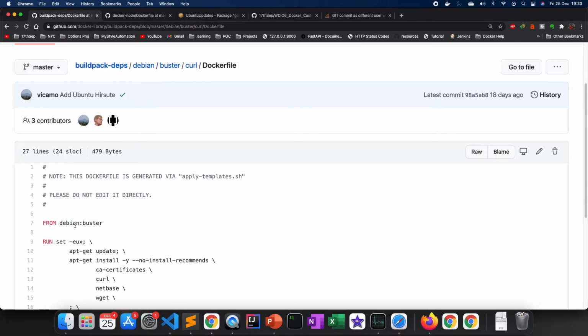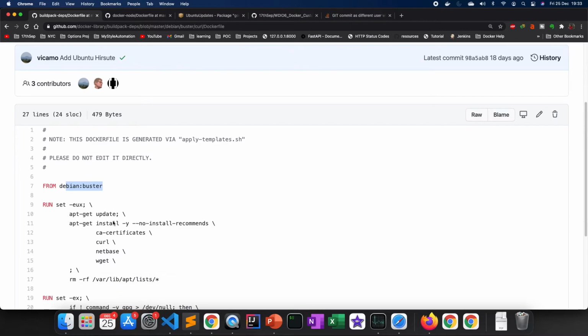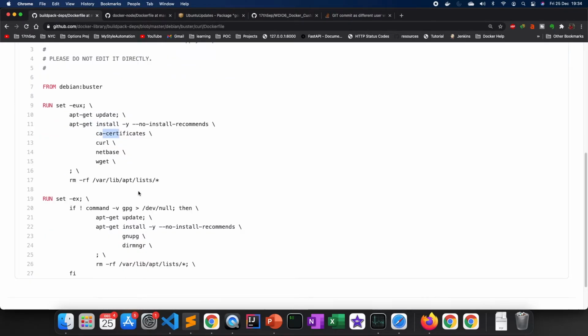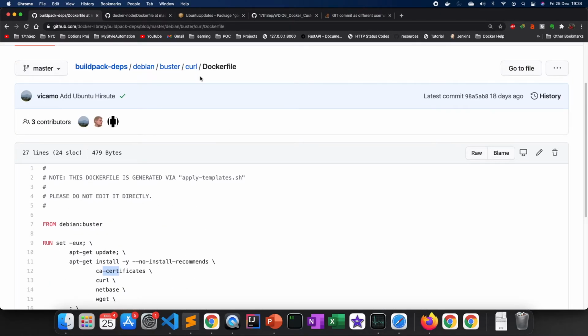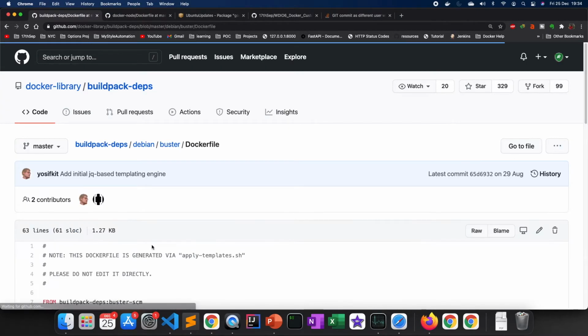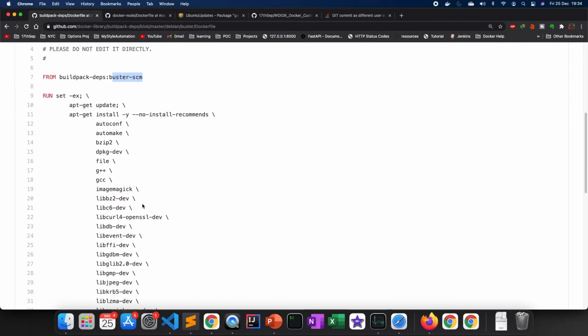The first thing that we do inside is create a curl image. For creating a curl image, we take Debian Buster as the base, and then we install curl, netbase, wget, CA certificates, and all those things. I'll provide this link if you want to explore a bit on that. And if you come back, here you can see buildpack-deps buster SCM. So basically you create the SCM after what I showed, and from SCM you create this buildpack which has all